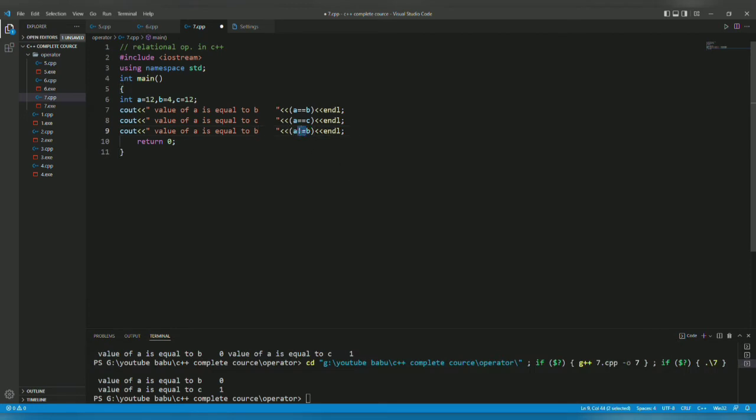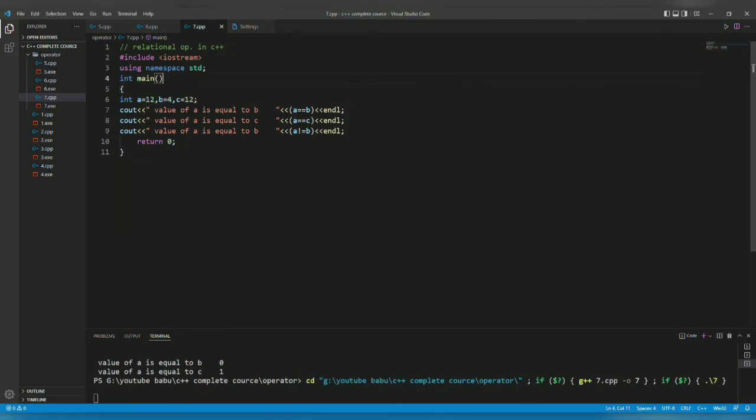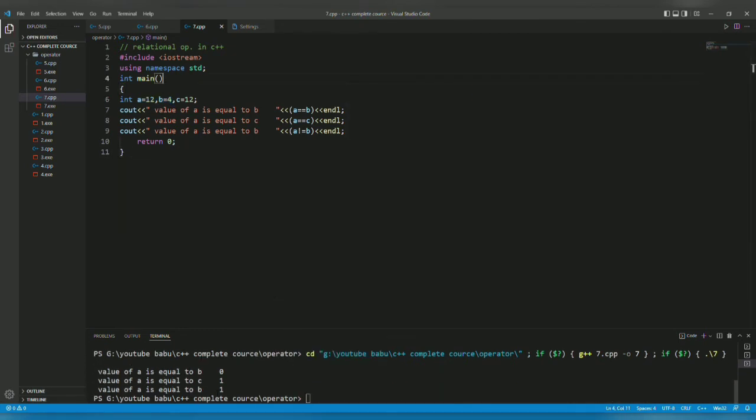This type of operator is known as the not equal to operator, and it means that a is not equal to b. If this is true, then it will print 1. So here a is not equal to b and this is true. When I run it, you can see a is not equal to b, and that is why it is giving the value as 1.